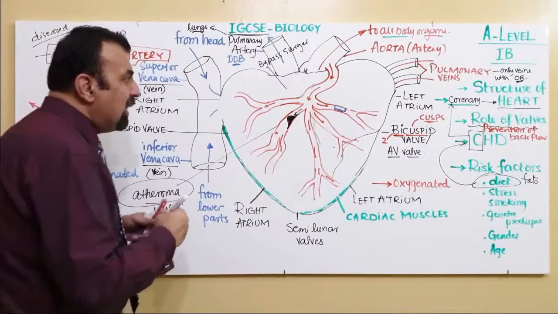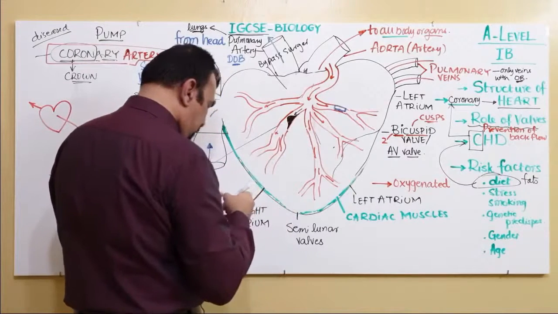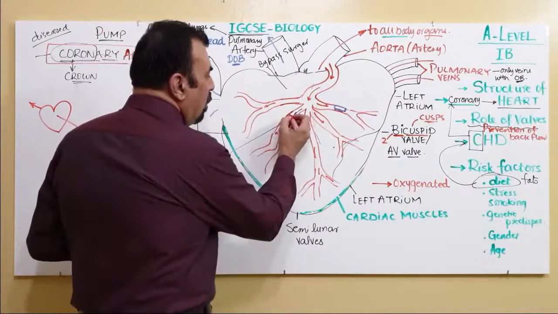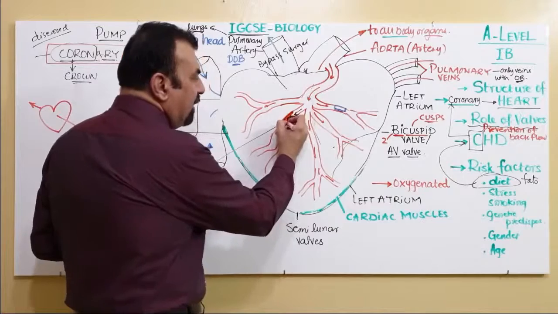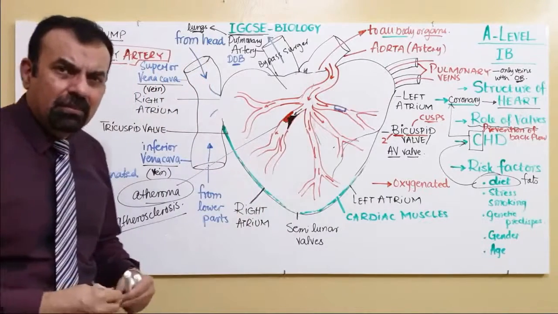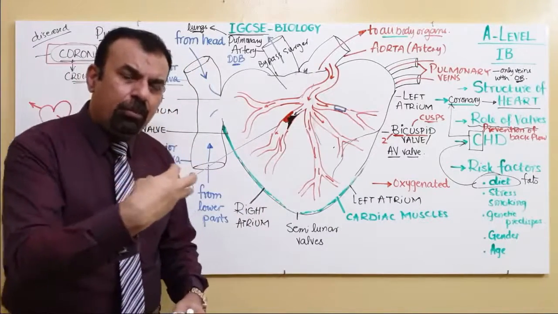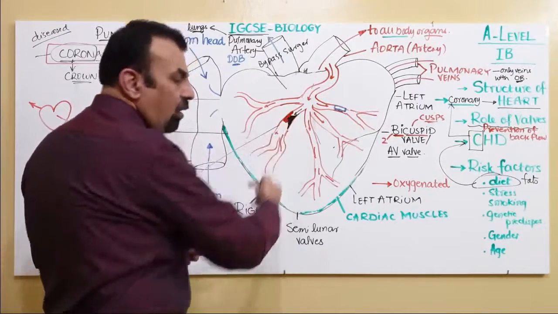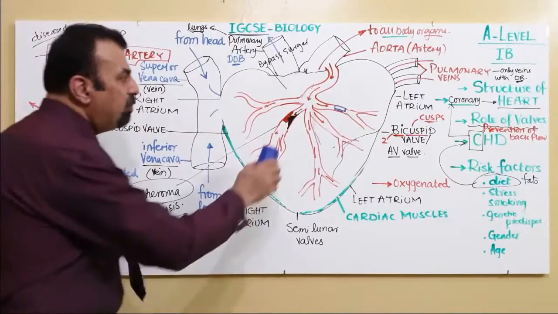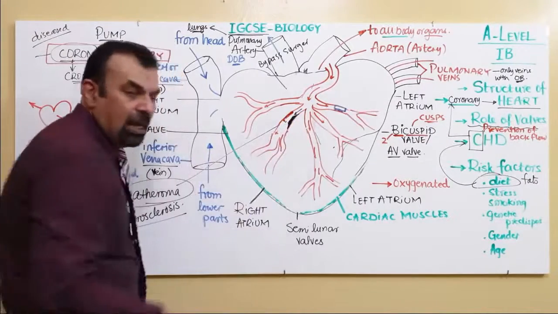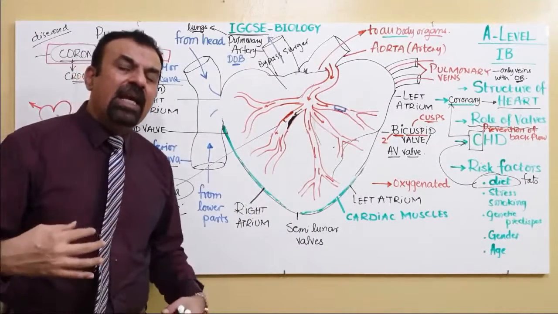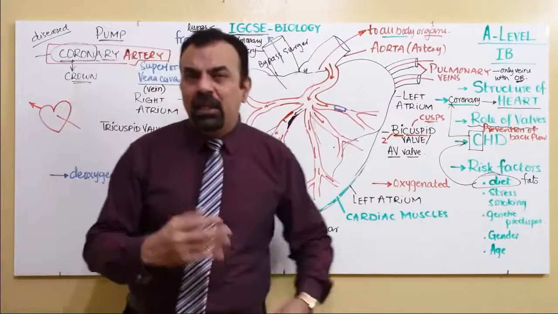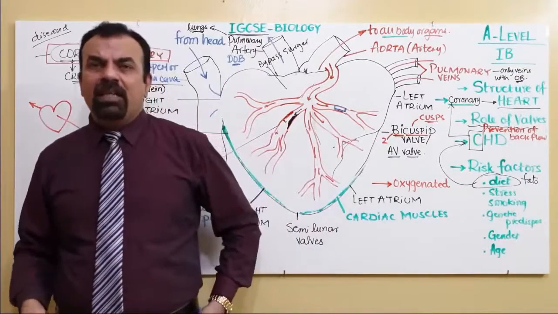So what will happen one day, this whole thing will get blocked completely. That is because it's a complicated mechanism. It's not just the fats that keep on blocking it. One day, one layer of the fat just rips off from there. Once one layer of the fat gets ripped off, the body will understand that it is kind of an injury. If we have an injury anywhere else in our body, say in our skin,